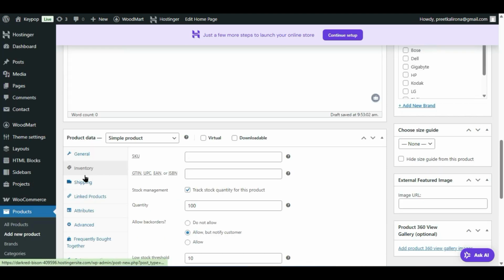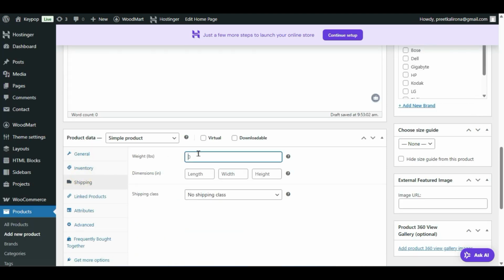Let's go to shipping. You have to correctly provide the weight in LBS here, how much it weighs. Example, the weight here is 0.24 LBS. You can also use grams, but as you can see here, it says weight in LBS, because in the settings we chose LBS. Dimension,